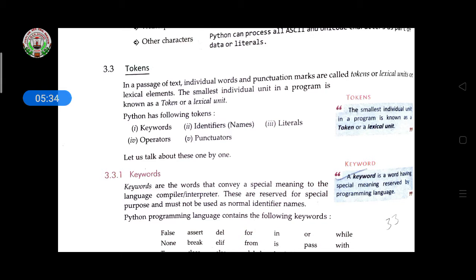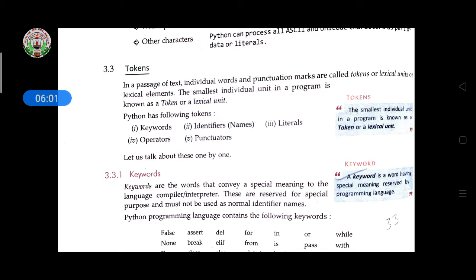So here, tokens means, if you are printing a string, meaning text, and you want to print the text, you give the name, comma, and so on, and the string value you have to give in double quotes. These are known as tokens.